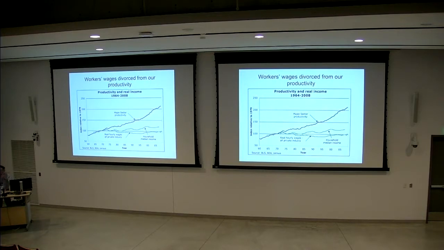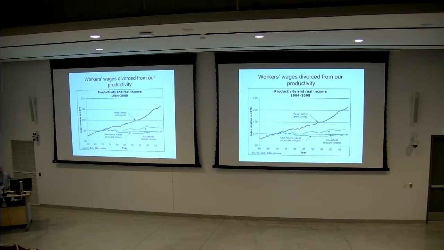The top line, the purple line, is worker productivity, a simple but important measurement that economists use. It's the amount of output that a worker produces in a day, let's say. It can be in a factory, on a farm, or in a retail establishment. The other 2 lines are different ways of measuring wages: one is median household, the other is hourly wage. Historically, as worker productivity increased, so did wages. Because if a person can produce what it used to take 2 people to produce 10 years earlier, they make a little more. They never get the whole share, but they make a little more.